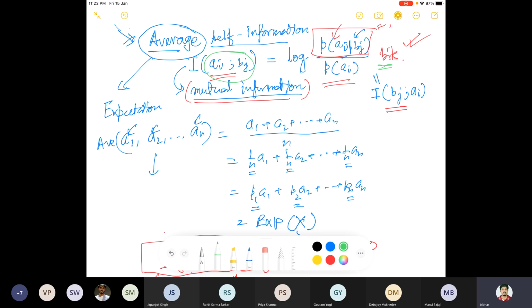So you can have your own definition. I have no problem. But here in this course we are defining Shannon's entropy, or let's say Shannon's information theory. So we are discussing the way he has defined it. Now the question, like Japanjot asked, is why did he define it this way? He is no more alive, so we cannot ask him directly. We can only speculate why he possibly defined it.